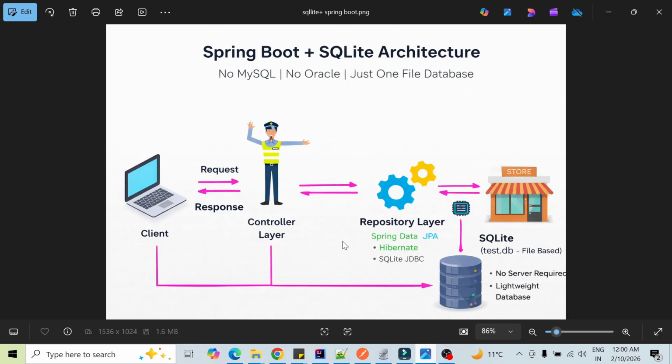So you can see this image shows how a Spring Boot application works with an SQLite database. The client, such as a browser or Postman, anything could be, sends a request to the Spring Boot application. The request is first handled by the controller, which manages the API endpoints. Then the request goes to the repository layer using Spring Data JPA. Hibernate converts the operation into SQL queries, and through the SQLite JDBC driver, the data is stored into a local